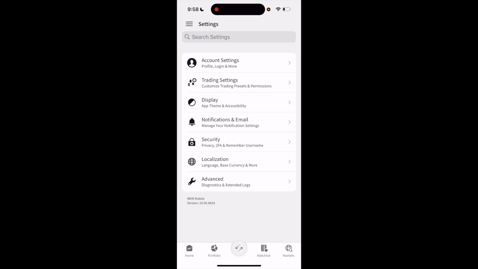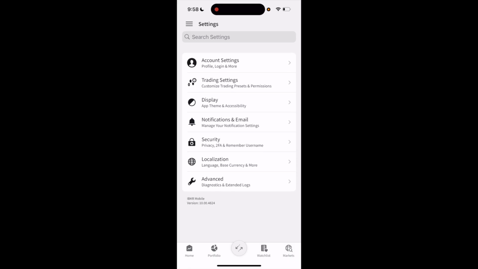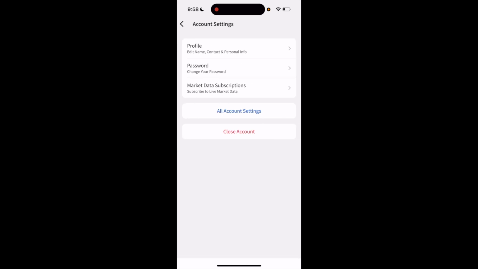Once you're on the settings page right here, a bunch of different options are actually right here. So if you want to go ahead and change your password, it's super simple and super straightforward. We're going to go ahead and select account settings. Once account settings is selected right here, I want you to go to where it says password and then select